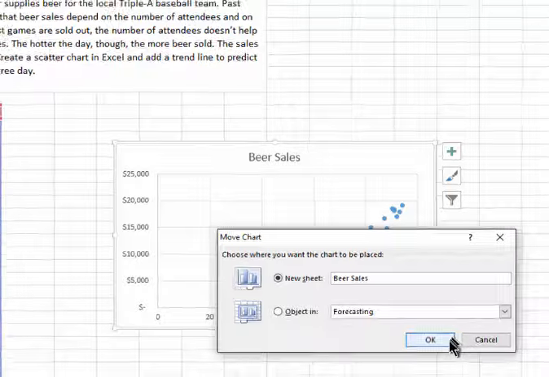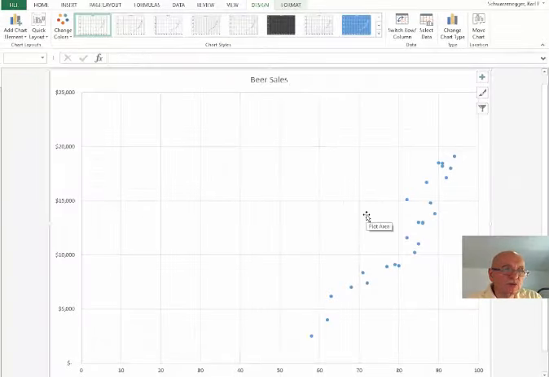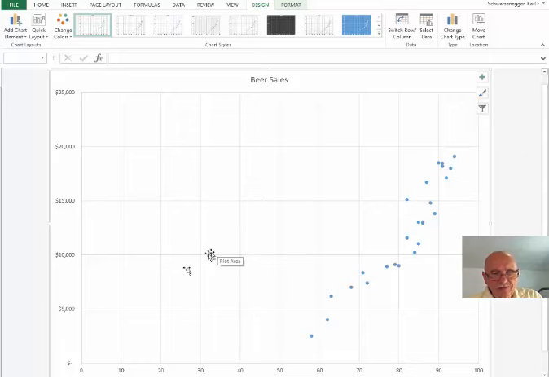And so there we have it. We now have a new chart with the beer sales, and on the bottom we have the high temperature for that day, and on the left, on the y-axis, we have the sales corresponding to that high temperature. Now we've got a lot of wasted space over here,